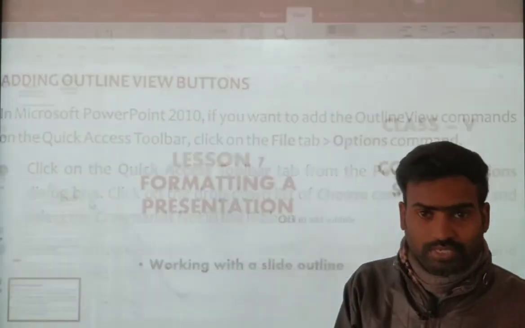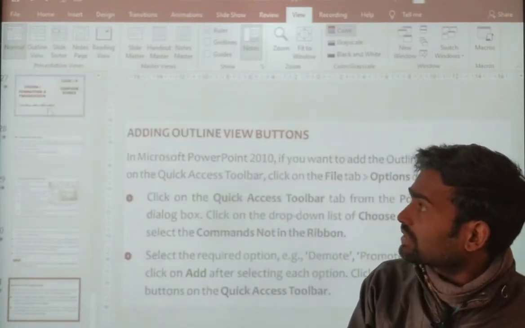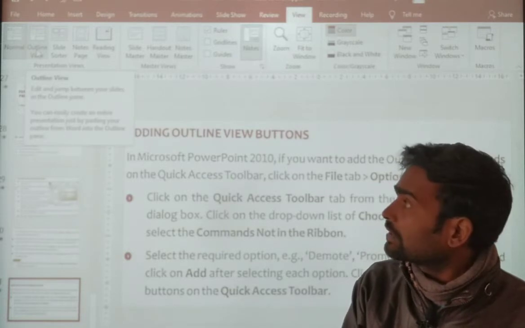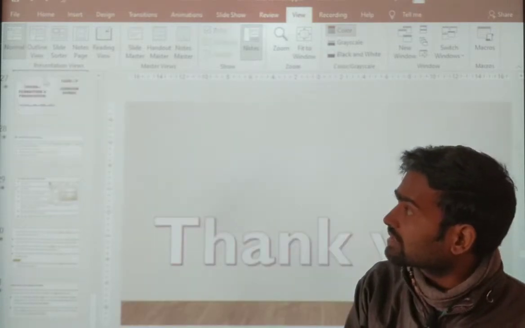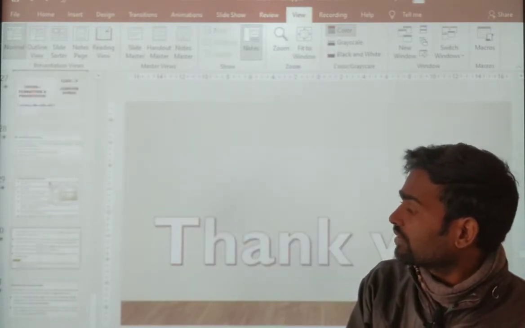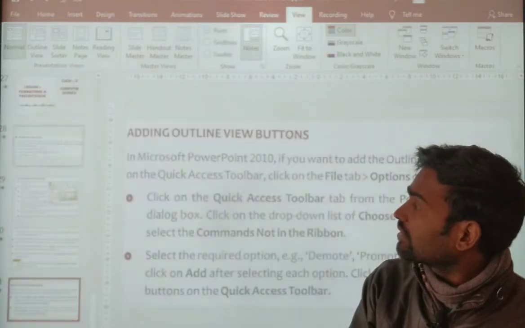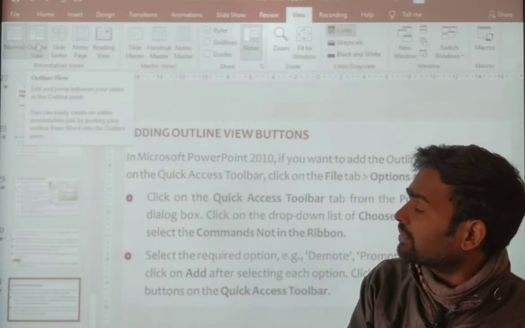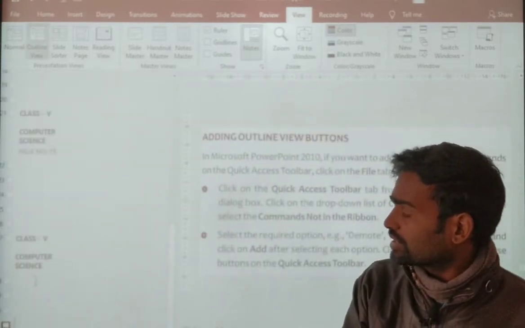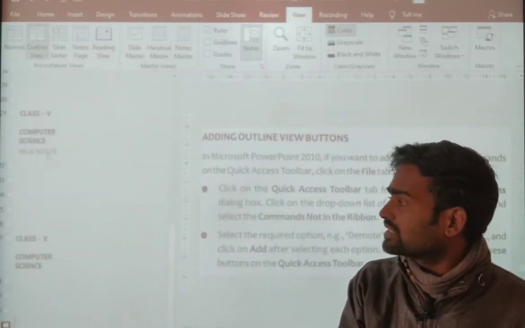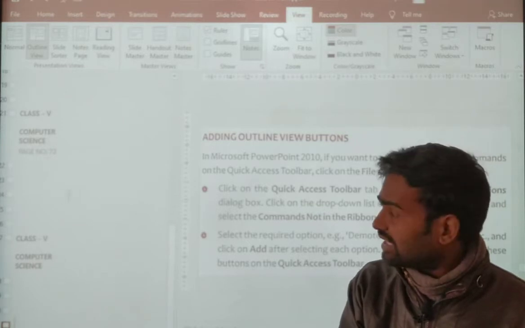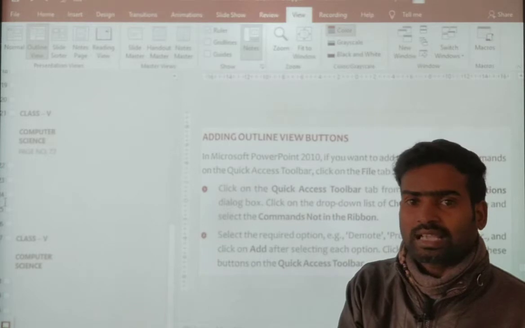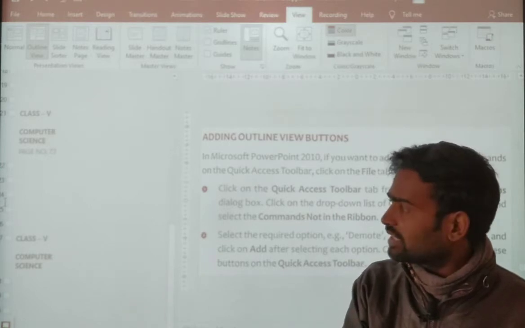See here, as I was telling, the normal view and outline view are given separately. Here it is not shown because it's the latest one, right? So here we have to click the outline tab. When we click the outline tab, see, everything has changed. One is the computer science page number that I have typed, but everything else I have here is in image format. I did not type anything. If you type anything, it will be shown.